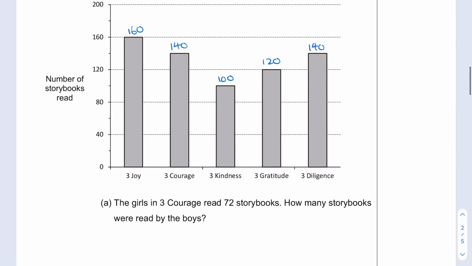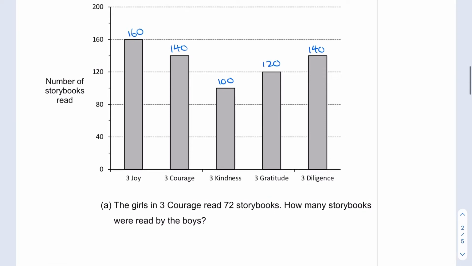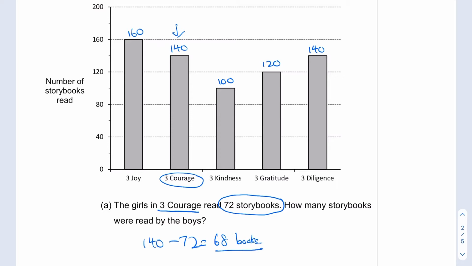So now let's look at question A. The girls in 3 Courage. So we're looking at the class 3 Courage, okay? Read 72 storybooks. So how many books did the boys read? So in 3 Courage, altogether 140 books were read. So 140 minus 72, we will get 68 books. So which means that 68 storybooks were read by the boys. Okay,